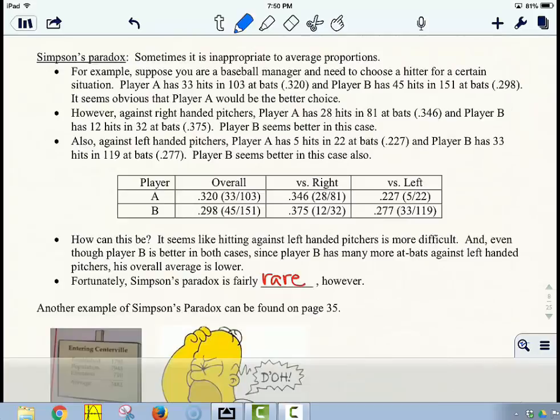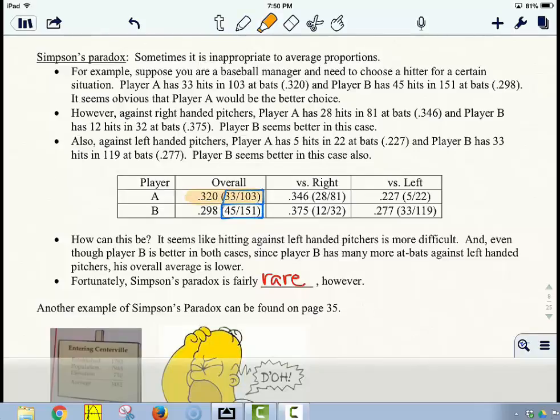Lastly, let's discuss Simpson's paradox. Sometimes it is inappropriate to average proportions. For example, suppose you are a baseball manager and need to choose a hitter for a certain situation. Player A has 33 hits out of 103 at-bats, while player B has 45 hits out of 151 at-bats, which makes it seem like player A did a lot better. He's got 32% versus